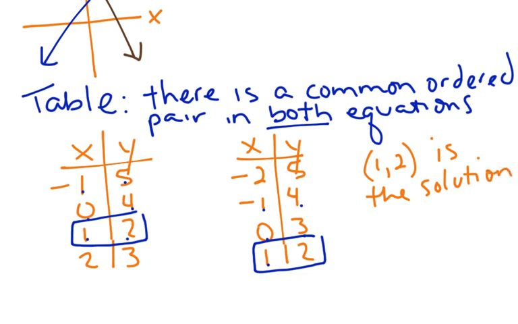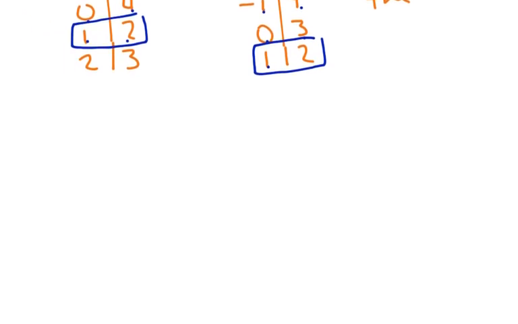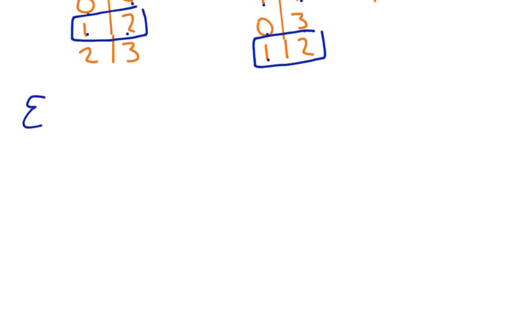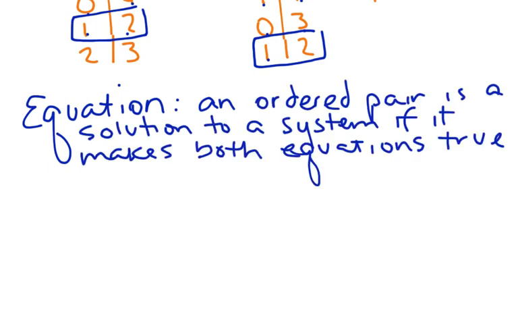Okay? Now, we've looked at graphs and tables. Let's look at the equation. If we are looking at 2 equations, and we want to know, is an ordered pair a solution to both of those equations? An ordered pair is a solution to a system if it makes both equations true. Now, let's look at this. If I give you, let's see, is (5, 12) a solution